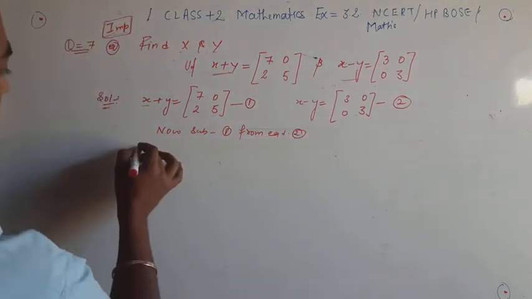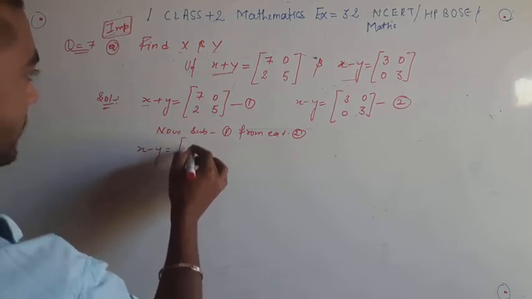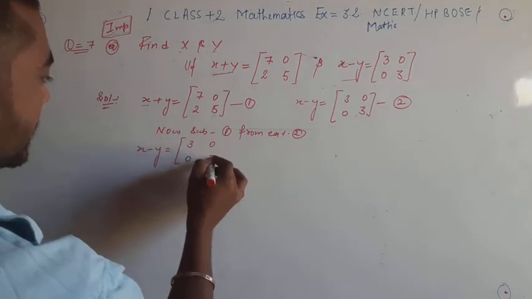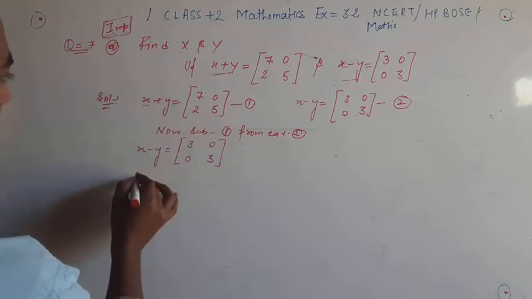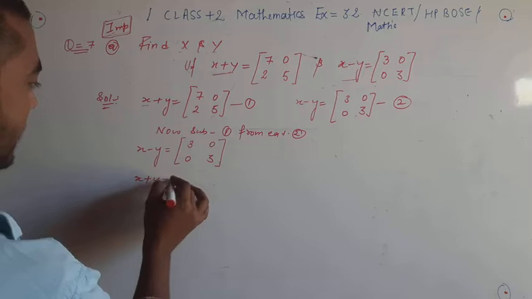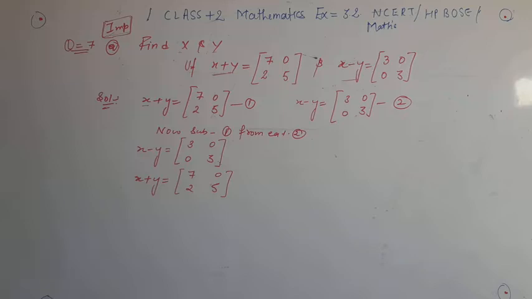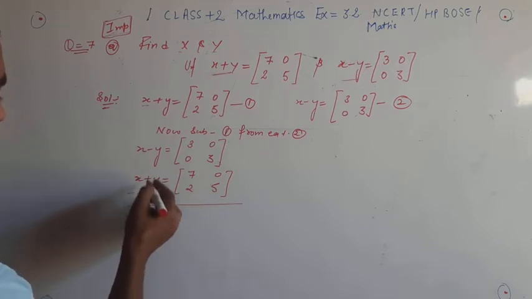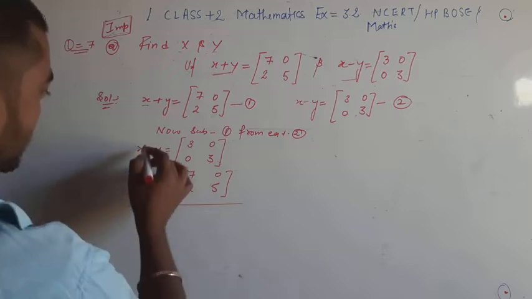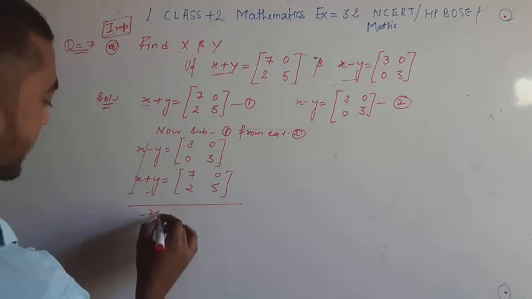Now see here, x plus y equal to 7025, and x minus y will equal to 3003. You have to subtract 2 from 1. When we subtract the terms, the sign will change. Plus will become minus. So plus x and minus x will cancel. It will become minus 2y equal to